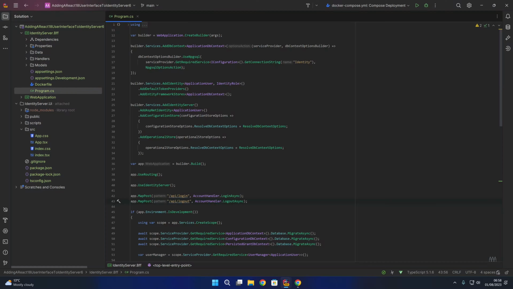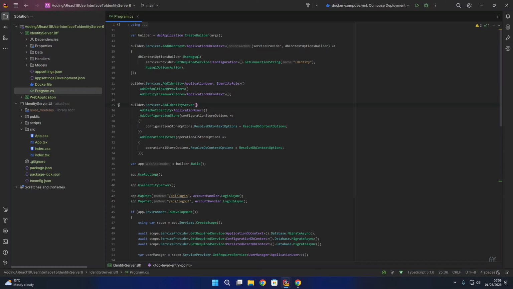And in order to do that, you would simply say app.MapRazorPages, as well as setting up the appropriate services further up in our program startup. However, we are not going to be using Razor Pages. We're going to be using our React single page application. And in order to do that, there's a couple of things that we just need to customize within our IdentityServer options. So you'll notice here we have